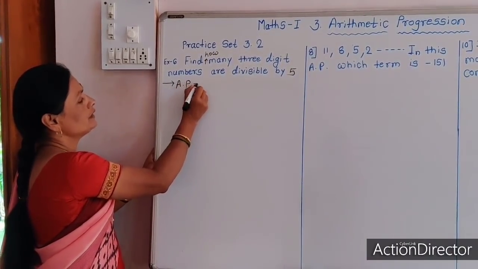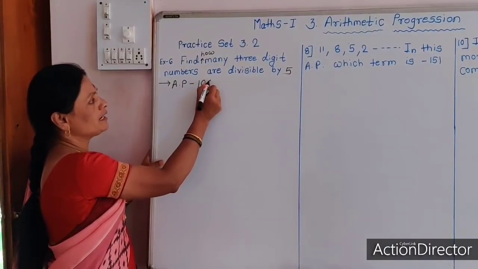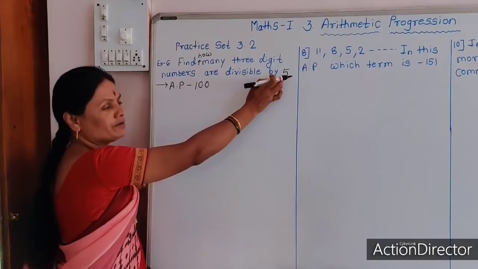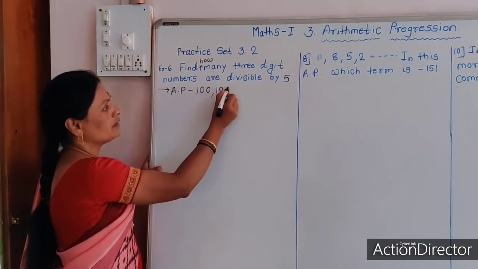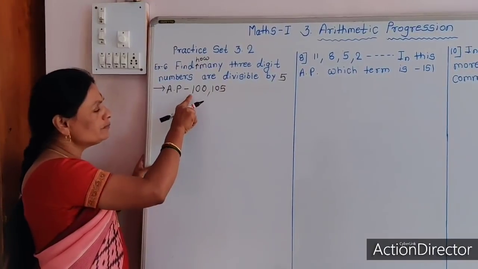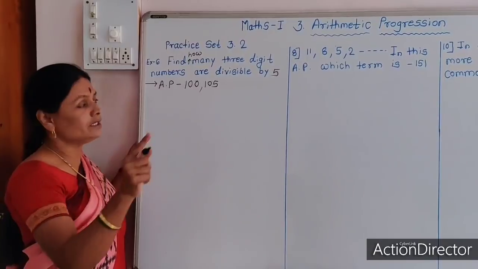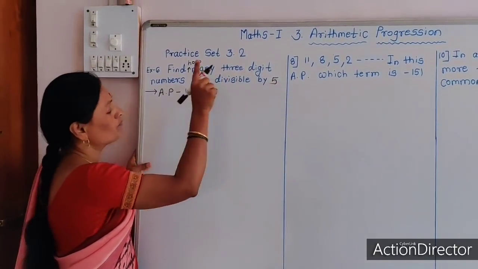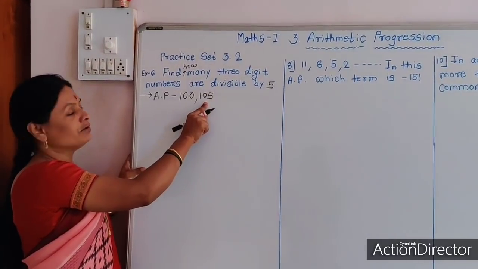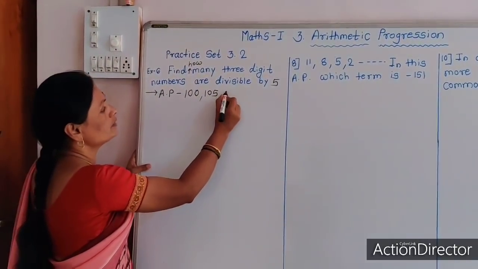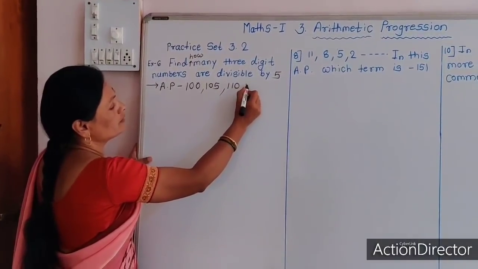First, we write the AP. The 3-digit numbers start from 100, and this 100 is divisible by 5. The second number after 100 is 101, but 101 is not divisible by 5. Therefore, the next number, the second term, is 105. The third term is 110. The next term is